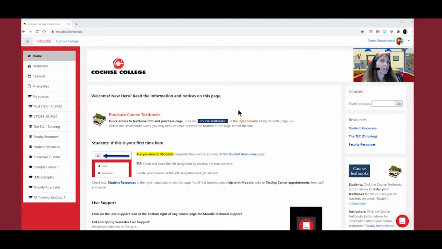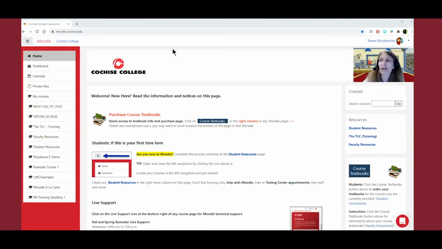I know in the previous session with Eric Steinert, the tutoring center, he actually walked everybody through going from the portal and into Moodle. But let me just start right here instead. I'm going to give some tips on learning Moodle, finding your way around Moodle, and perhaps even practicing using Moodle if you're feeling a little intimidated by it.